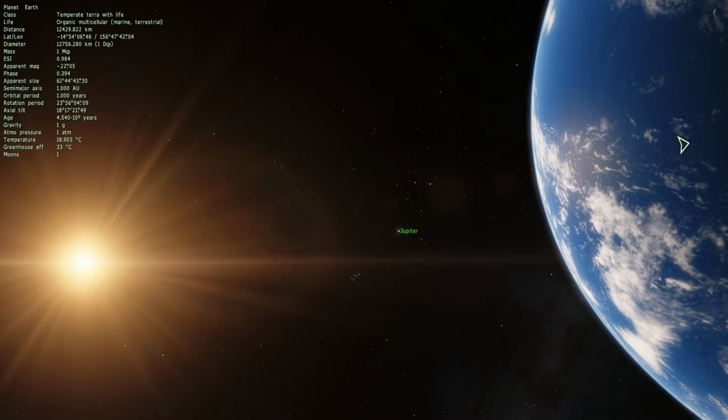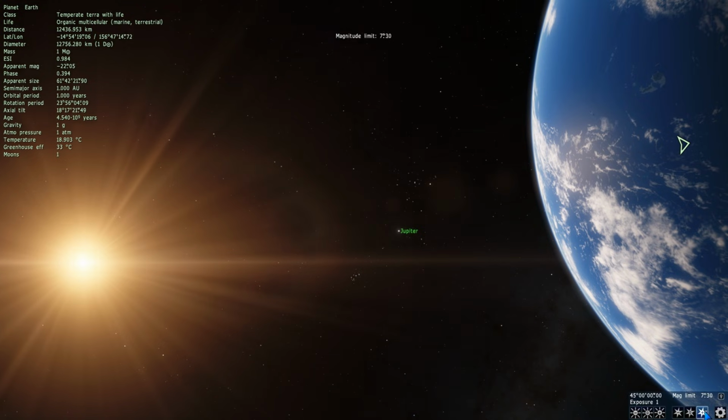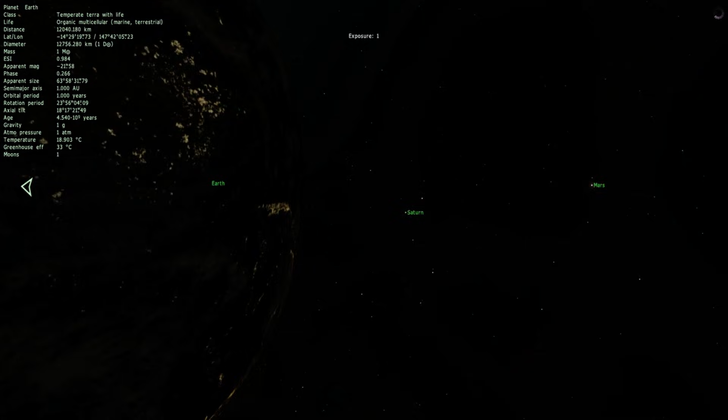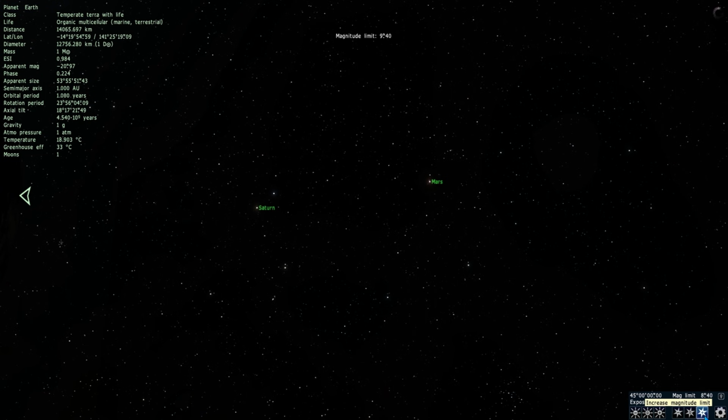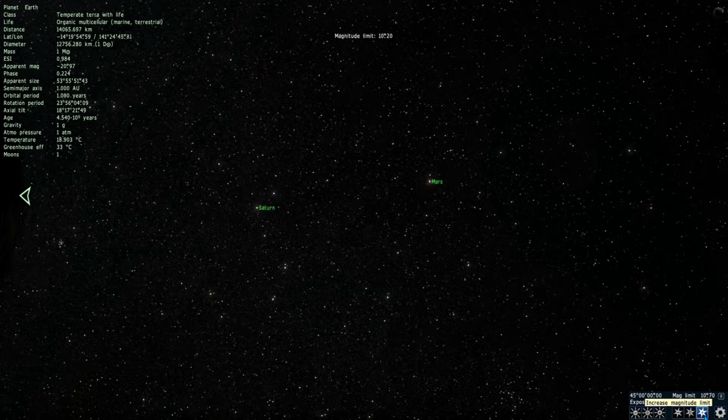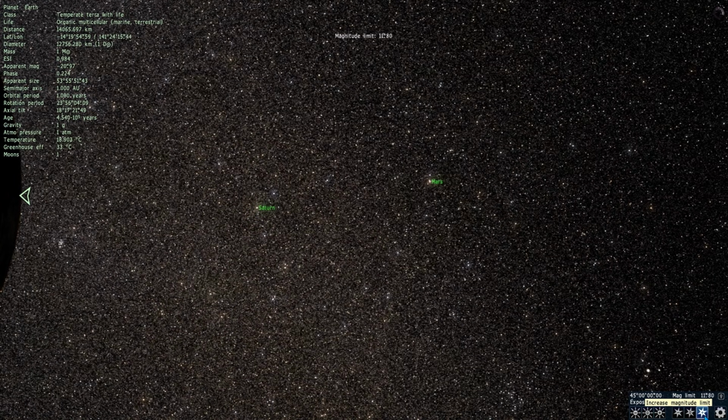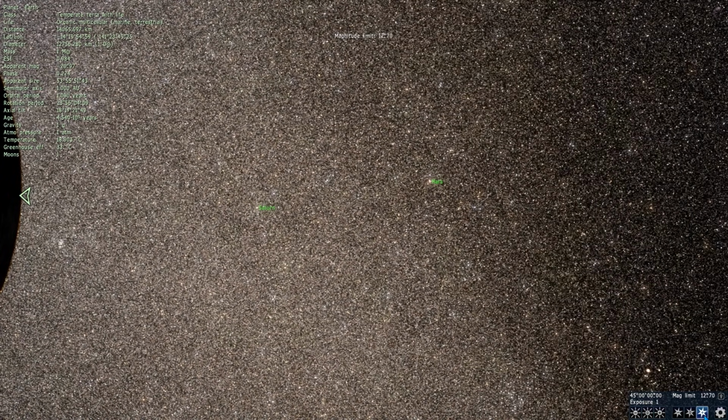That makes more sense. Now, these are basically lighting options. So magnitude is basically going to improve the visibility of individual stars. Or nope, I have that backwards. Exposure is going to, let's not look at the sun when we do this. When we increase magnitude, suddenly individual stars start looking brighter and brighter. We start seeing more of them because ones that were previously black are brighter, and now, oh my god,